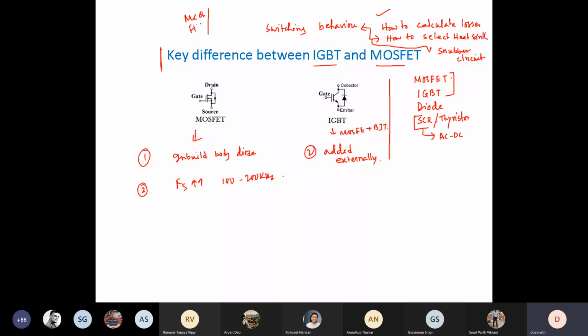Then in the gate drive, you want to turn on and off, right? So there, to turn on, we'll be applying a positive voltage, V gate and source. Okay, so 0 and positive, right? But for IGBT, generally we need negative and positive voltage. Okay, so this is for turn off. But for MOSFET, this negative voltage is not required, not mandatory.